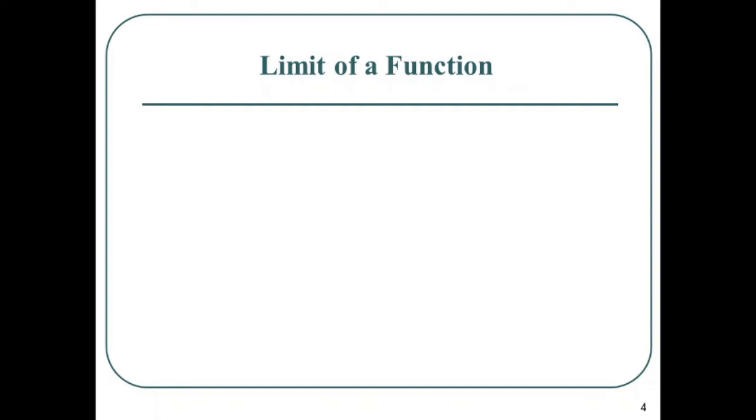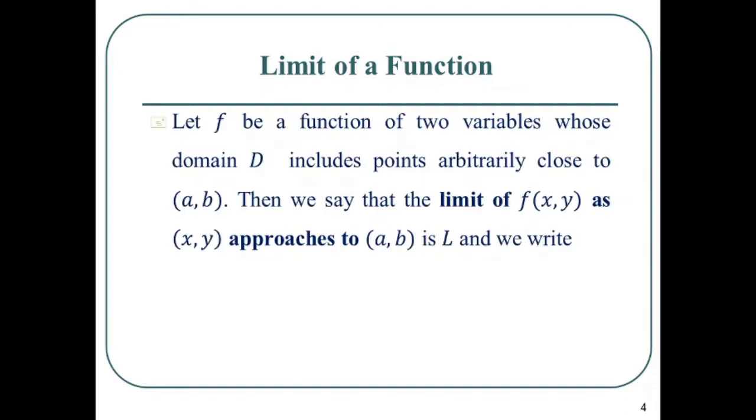First of all, the definition of limit of a function. Let f be a function of two variables whose domain D includes points arbitrarily close to (a, b). Then we say that the limit of f(x, y) as (x, y) approaches (a, b) is L, and we write limit of f(x, y) as (x, y) tends to (a, b) is equal to L